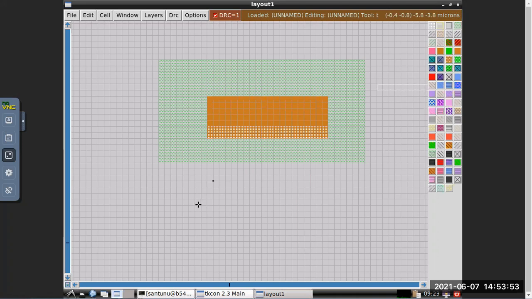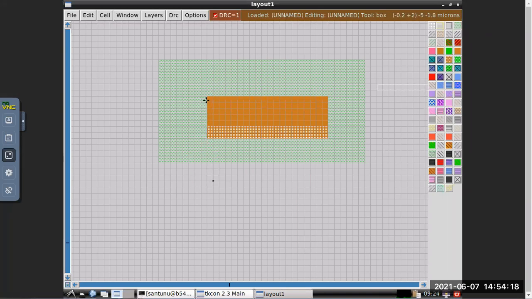Who said? Mratiranjan, sir. Yeah, good. 0.2 micron. See that black dot, it's 0, 0. If you check, it is 0.2, 0.2. That means it's 0.2 micron. So for every box, it's 0.2 micron.